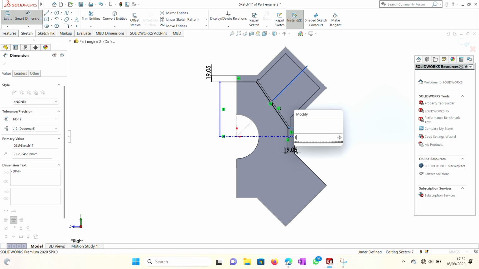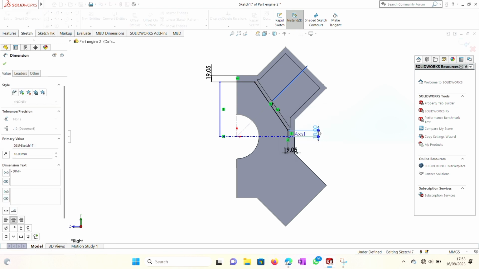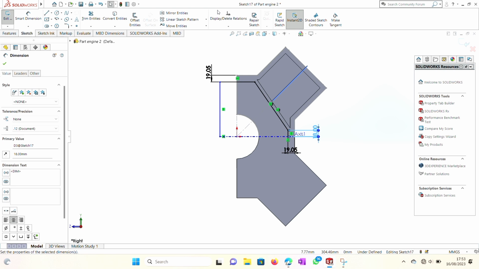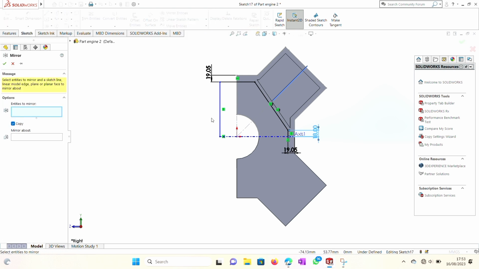Okay, we change it again. We make it 80 millimeter. We are not changing it, but we are adding another dimension. Okay,